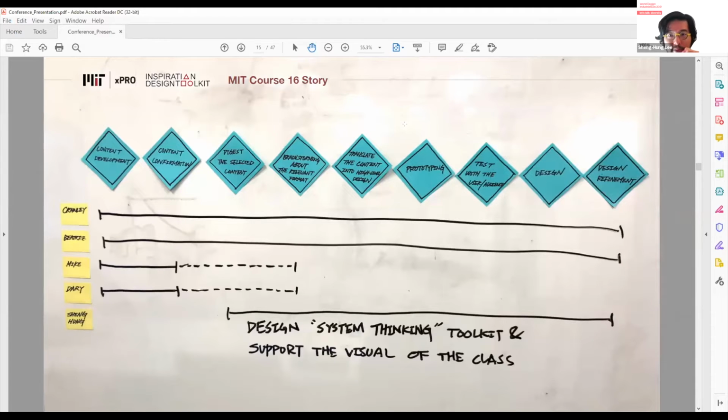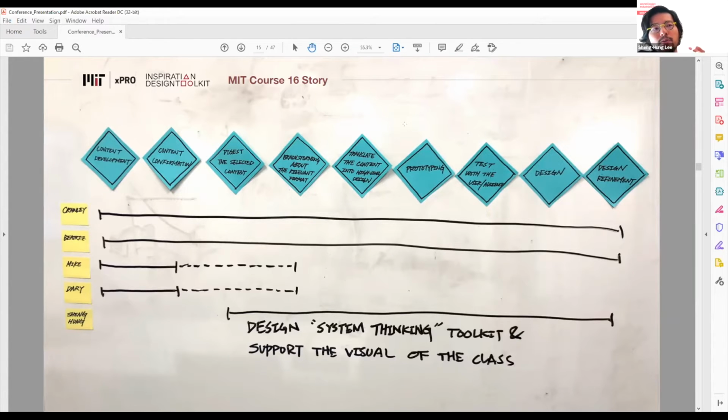After this class, I also thought about how I can push forward and really contribute my design background and design knowledge to this class. So it's a great opportunity for me. They wanted to design an online course for MIT xPRO, called System Thinking. Because of this class, I set up a toolkit, and the toolkit empowers not just designers, but also engineers and scientists to look at systems engineering and system thinking from a whole new perspective.